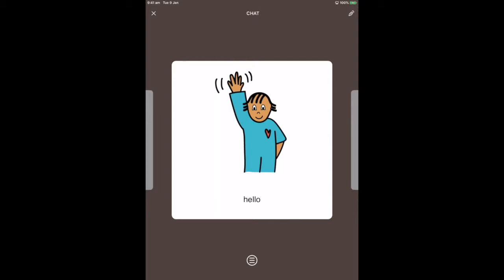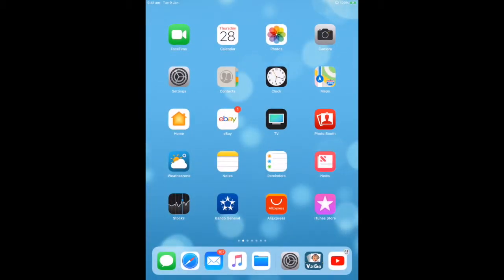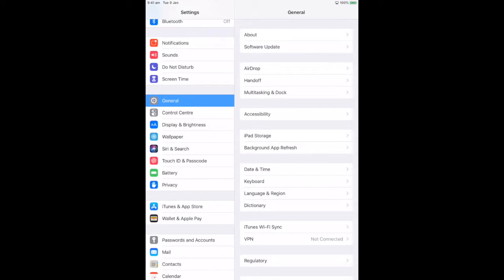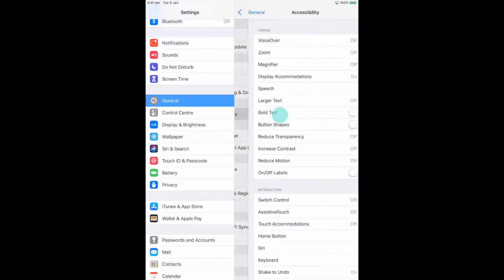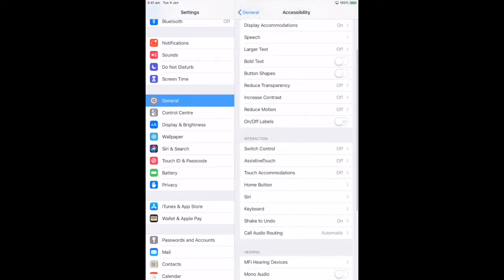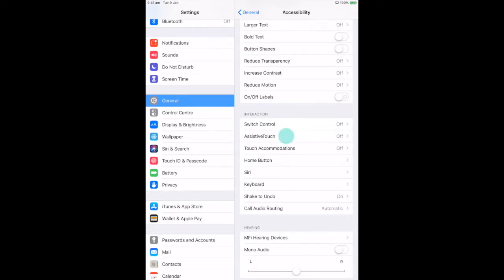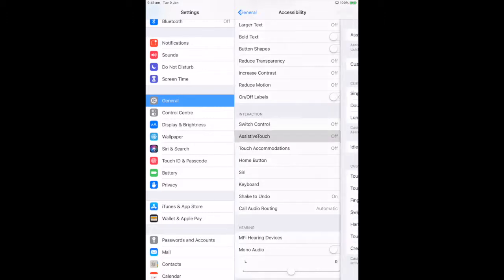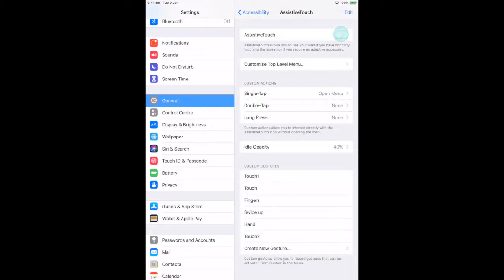So what I would do now is close the Visuals2Go app, and then go to Settings. And in General, there is an option if you go to Accessibility, and there's an option here called Assistive Touch. So if you click on Assistive Touch, you just turn it on. Okay, so once it's on, you can go back to the Visuals2Go app